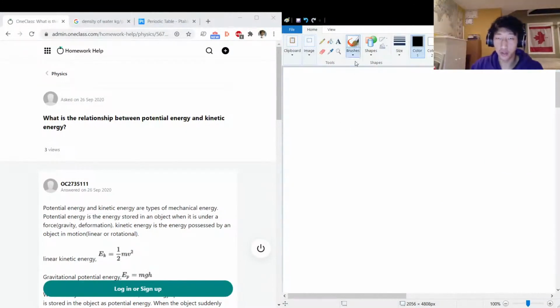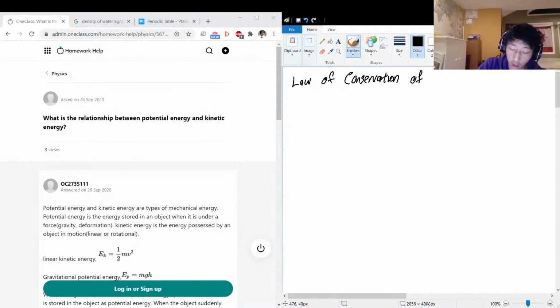Okay, so the next question that we got on the menu today is we're asking for the relationship between potential energy and kinetic energy. The first thing I want to mention about this is the law of conservation of energy. You know what happens when you break this law? Nothing, because it's impossible to break this law. Ha, trick question. So the law of conservation of energy is saying that the total